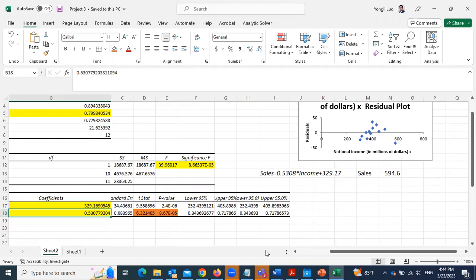I have a question, please. Yeah. My first question is, on question A, it says, does a simple linear regression model appear to be appropriate? Do we have to answer like if this is